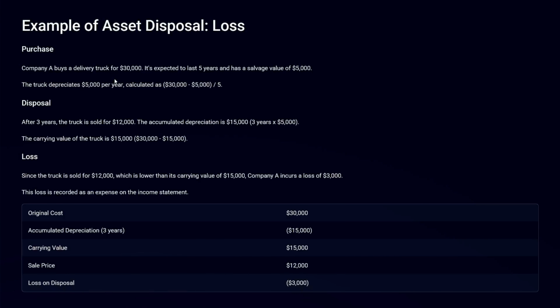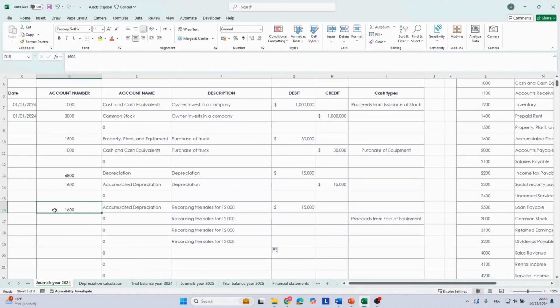Now we have another example for loss. So the same example, the company buy a delivery truck for 30,000. It's expected at least 5 years. So this is the same transaction as before. The main difference is that after 3 years, the truck is sold for 12,000 instead of 18,000. Here the company shown a loss on disposal for 3,000. Now let's do